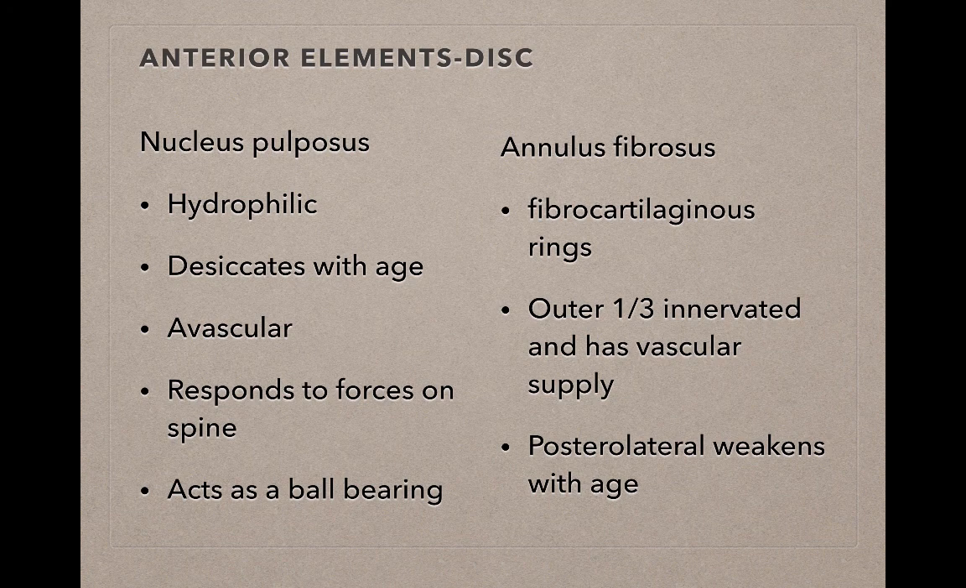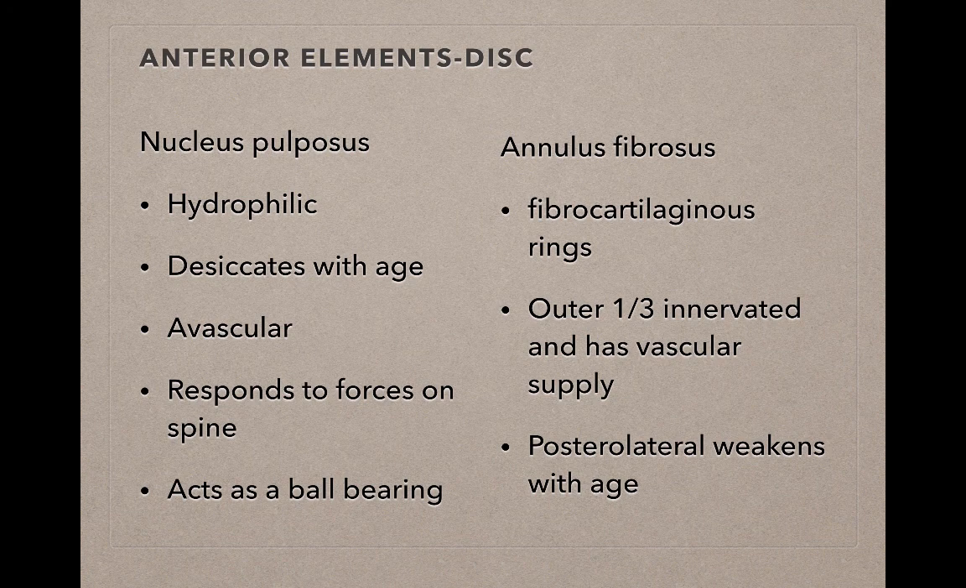There is a table in your book that would probably be very helpful, and it describes some of the forces that are placed on the disc with different positions of the spine. So I would encourage you to go and look that up so that you can see what positions place the least amount of stress on the spine and which ones are going to place the greatest amount of stress on the spine. The outer 1/3 of the annulus fibrosus is innervated and is vascular, and